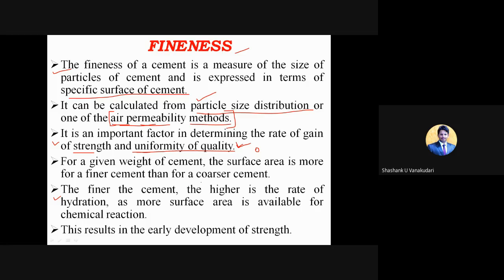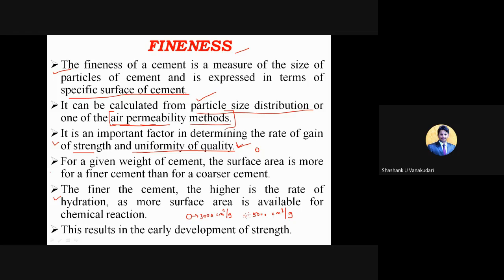This is finer than the coarse cement. This point I will explain. Before that, see this. These are cement particles having 3000 centimeter square per gram. So this is the surface area. Clear? Now, if the surface area is 5000 centimeter square per gram, which means what? The particle size will be smaller than this, right?